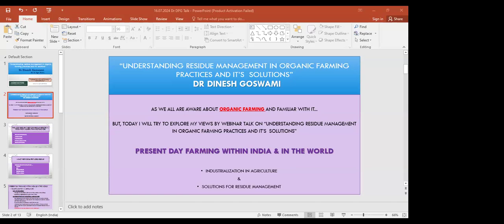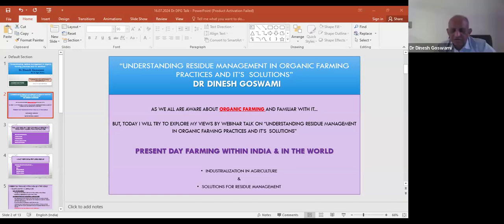Last question, how can residue management practices improve the overall sustainability and profitability of organic farms? Yes, the main central objective of organic farming, or sustainable farming or regenerative farming, is to utilize the minimum resources from outside the farm. Any addition of input from outside the farm has a cost. So as much as possible, utilize the natural resources available at the farm and recycle and